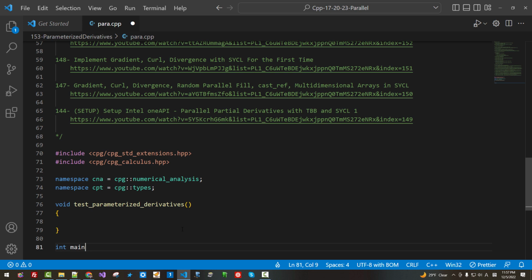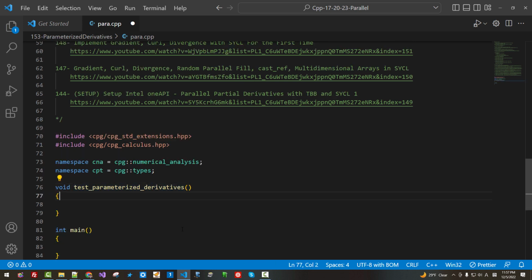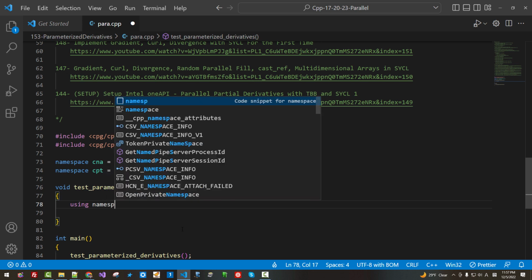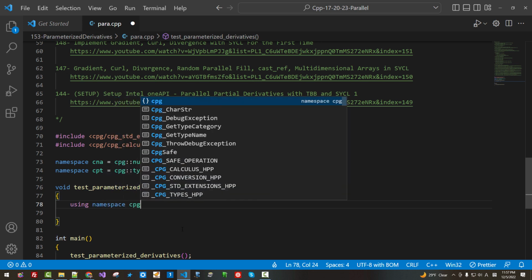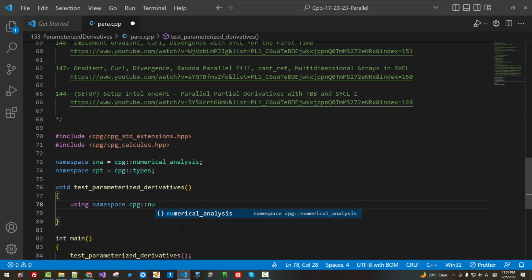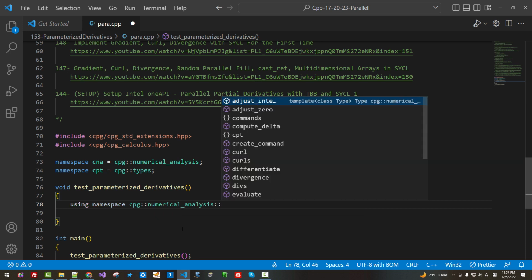In the main, copy this function, paste it here. We need to introduce using namespace CPG numerical analysis, then